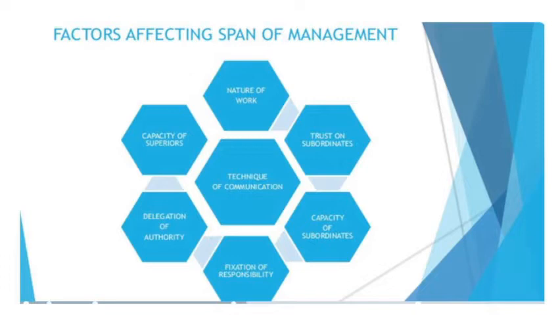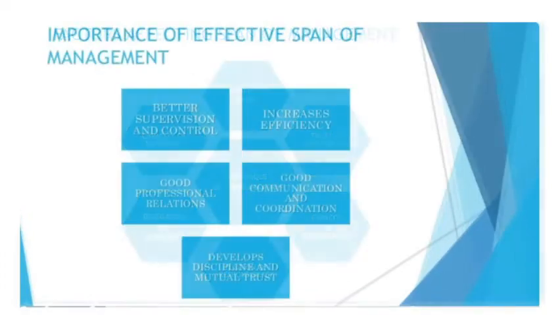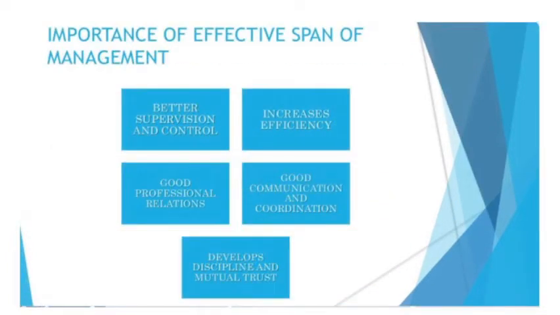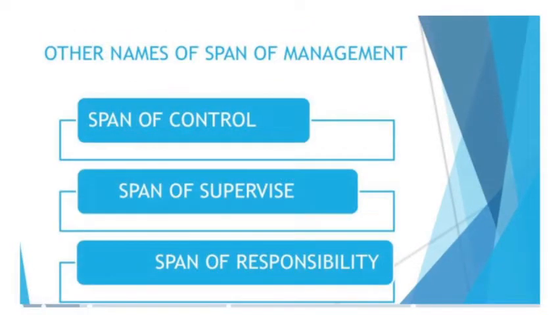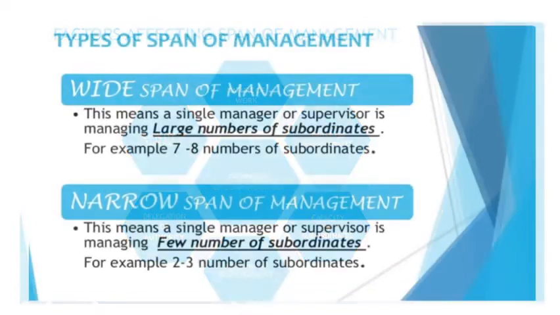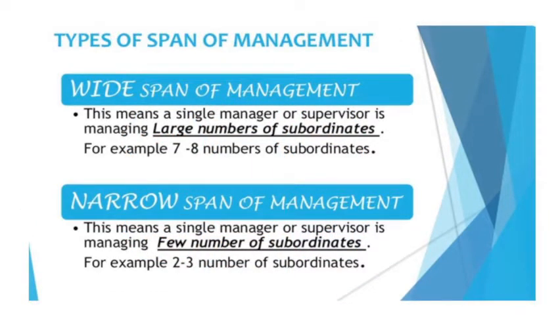This is also called by three terms: span of control, span of supervision, span of responsibility. So in span of management, we can understand control, supervision, and responsibility. The factors which affect the span of management are: